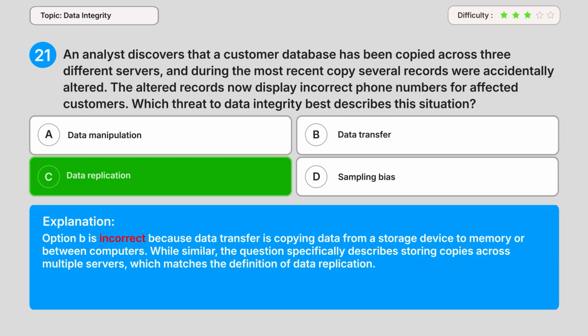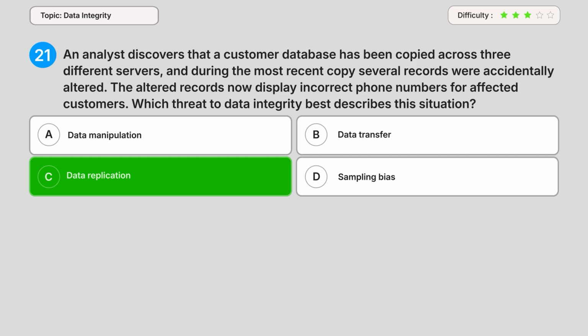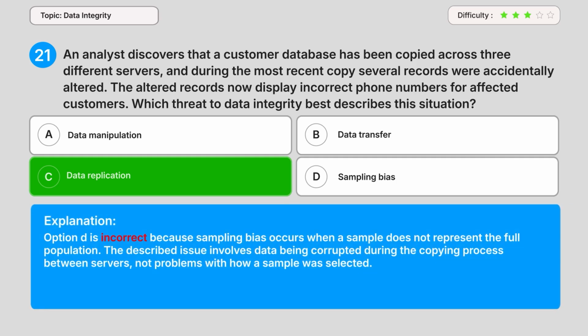Option B is incorrect because data transfer is copying data from a storage device to memory or between computers. While similar, the question specifically describes storing copies across multiple servers, which matches the definition of data replication. Option D is incorrect because sampling bias occurs when a sample does not represent the full population. The described issue involves data being corrupted during the copying process between servers, not problems with how a sample was